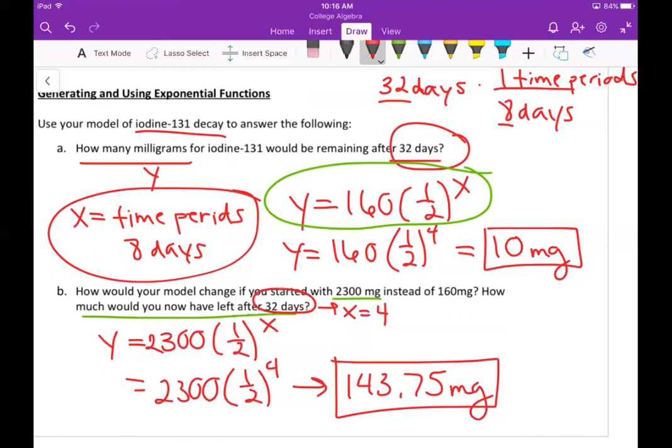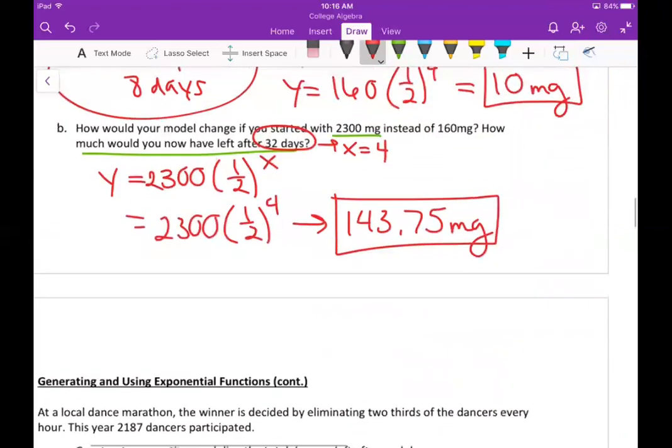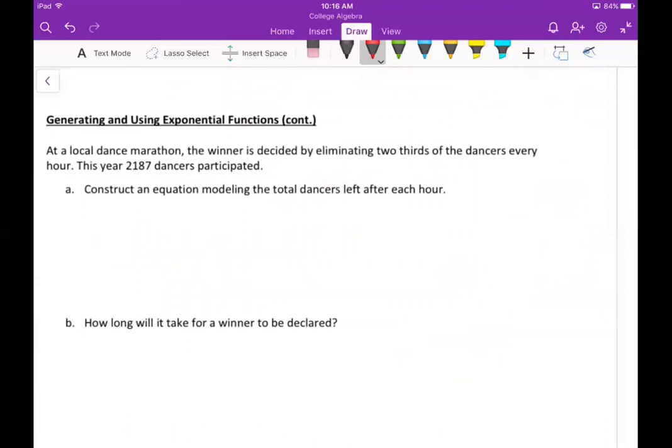Now, it seems decay factors are sometimes a little harder to understand, because 1/2 is a little bit easier: you decay away a half, so you keep a half, and those two things are equal. We're going to work to find that decay factor and that C value in this next example, and we're going to see that sometimes we have to really think about the scenario to understand what the decay